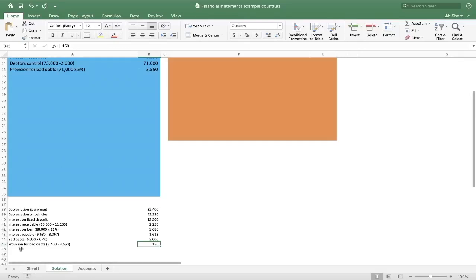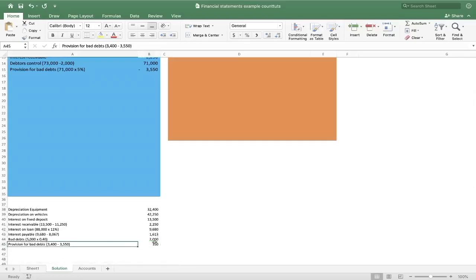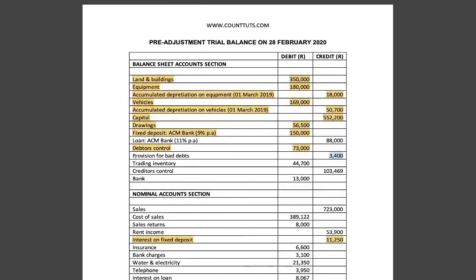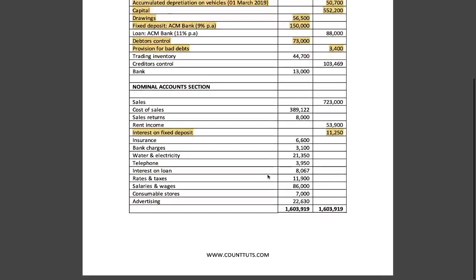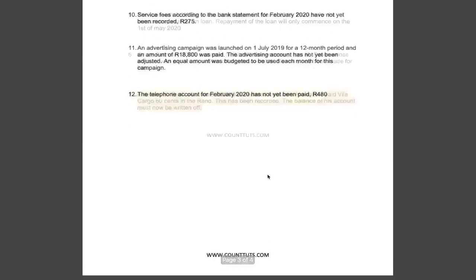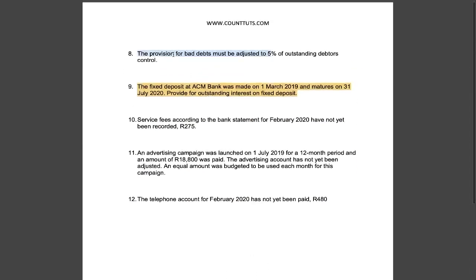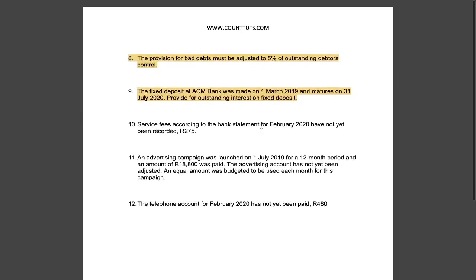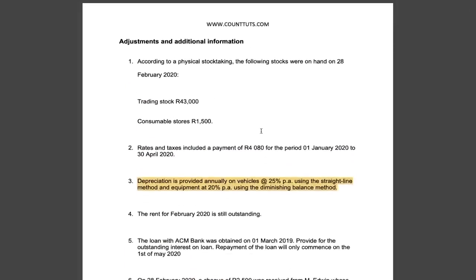So we'll just remember to put this provision for bad debts in the operating expenses section of the income statement when we get there. The next thing that we do, let me highlight this one. And then we go down to the note number 8, which we used to do that, so I'll highlight that one as well. The next thing that we do, let's go back to our pre-adjustment trial balance, is